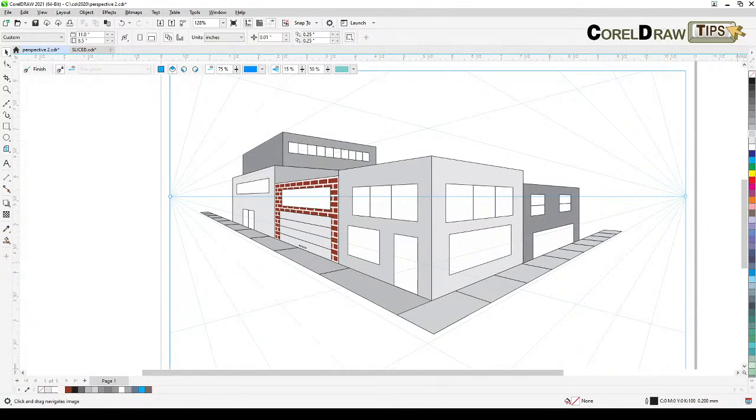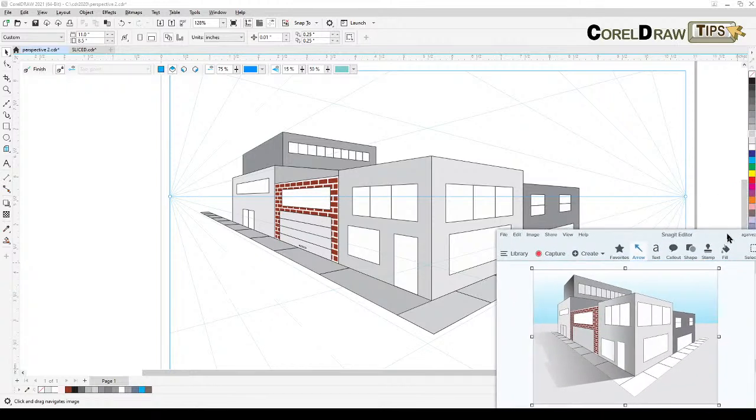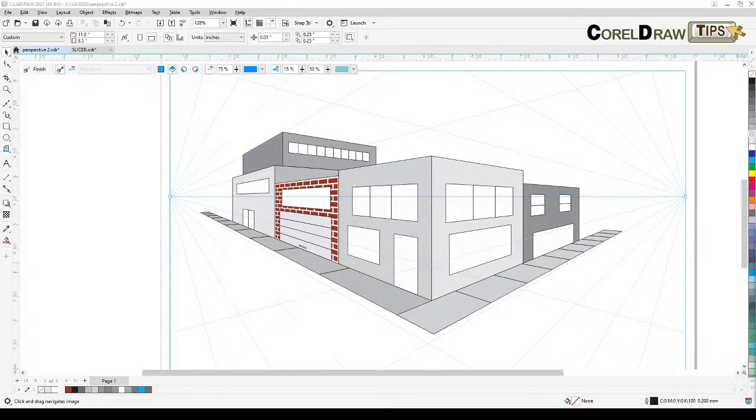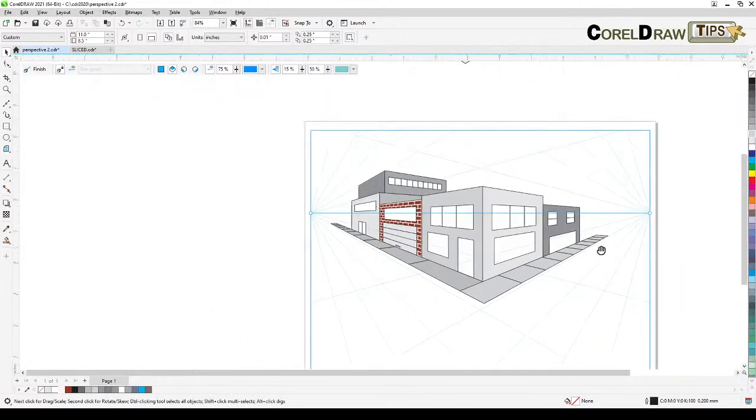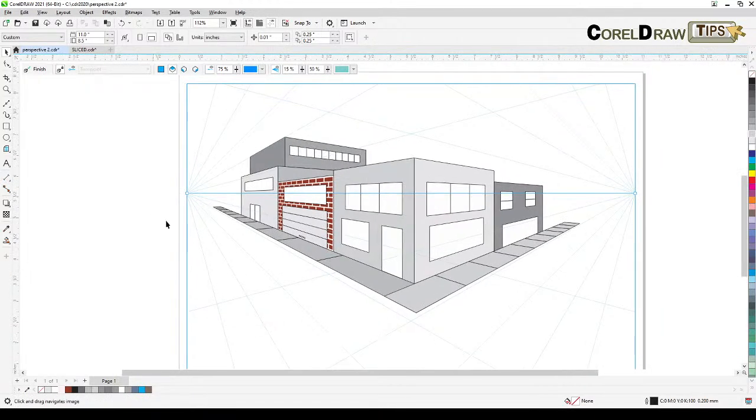Now I think we're done. So if I look at my reference here, we're done. The only thing we have to do is all the shading and stuff like that. So now we're okay. For the shading, it's best to do it outside of the perspective, because see this